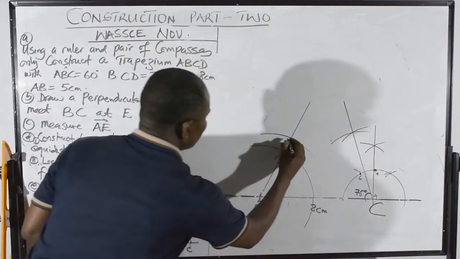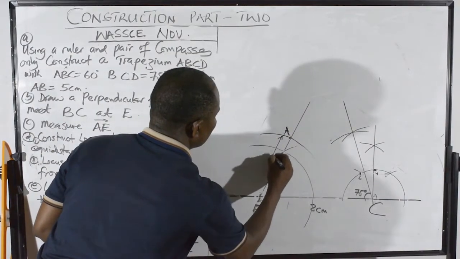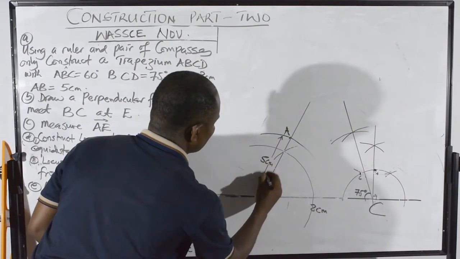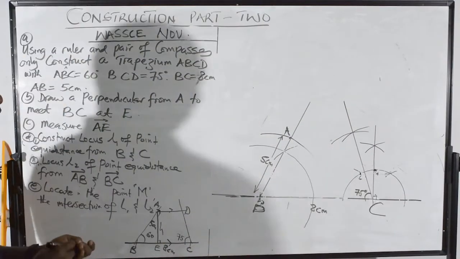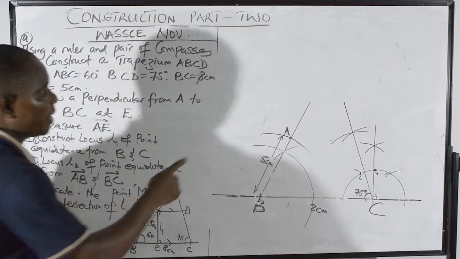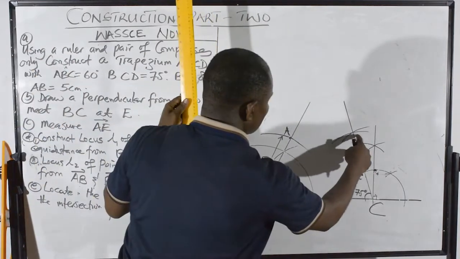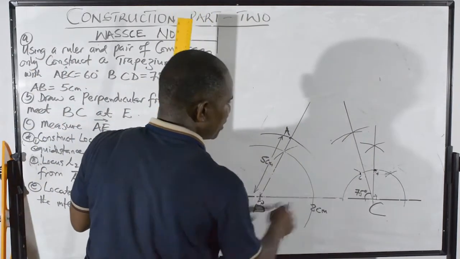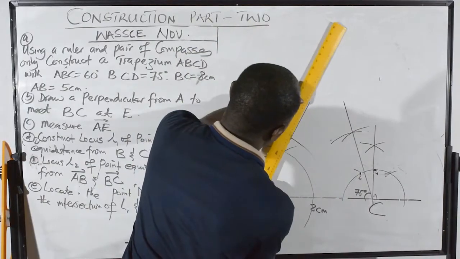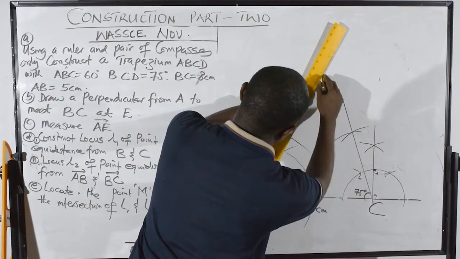Now this is my point A. So from here is now 5 centimeter. So I've got that point A, 5 centimeter. Now it is from that 5 centimeter that we are supposed to locate D somewhere here. I should locate this A, B, C, D must be here. But I extend here a little bit so that I have, yes.